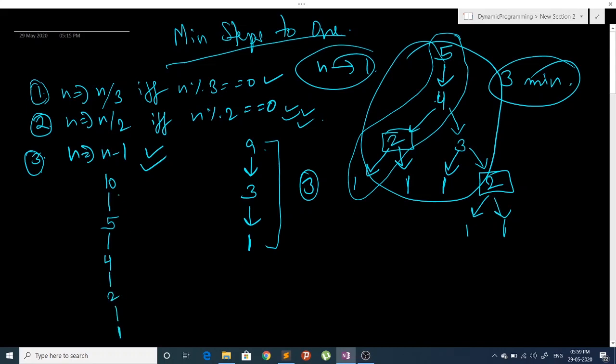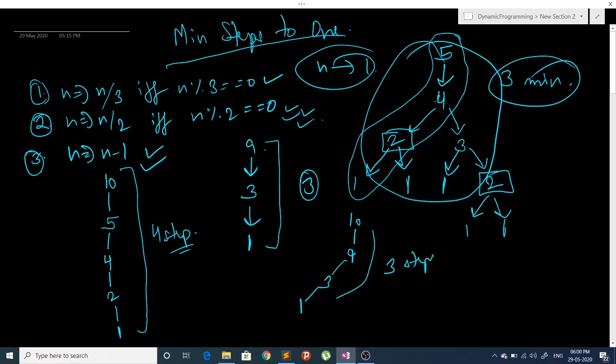So we can see that here we have got 1, 2, 3 and 4 steps to reduce it to 1. And what if I reduce 1 from it and then I just divide it by 3? So we can see that here we have got 3 steps. So the greedy approach will not work in this problem.